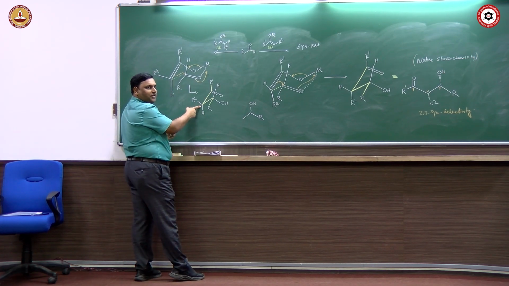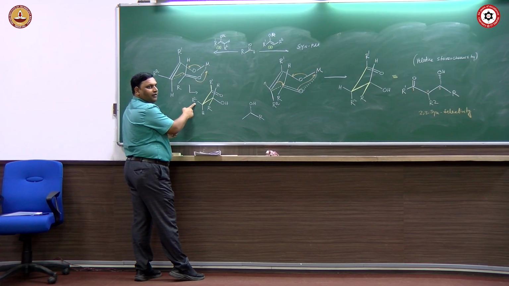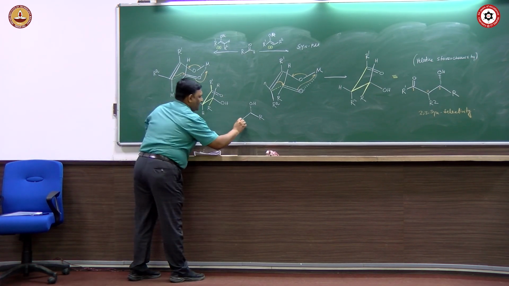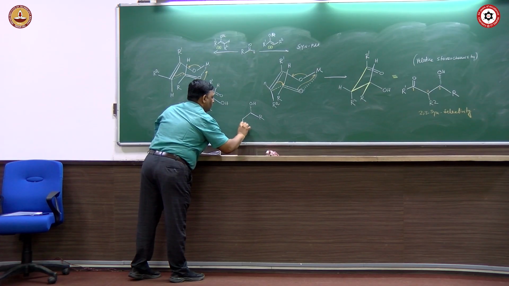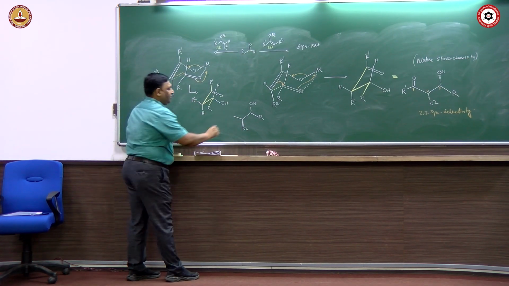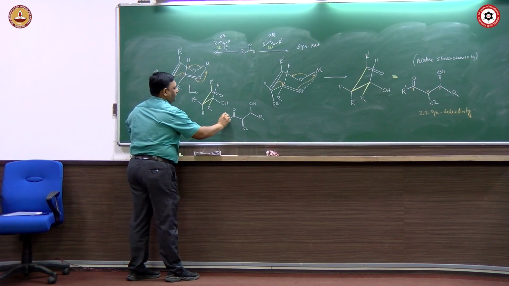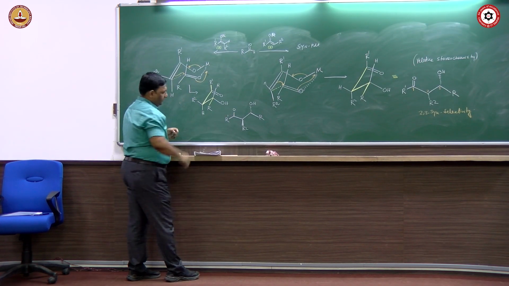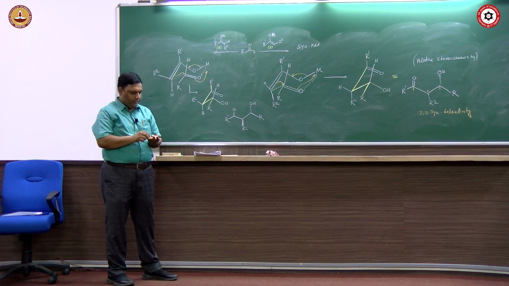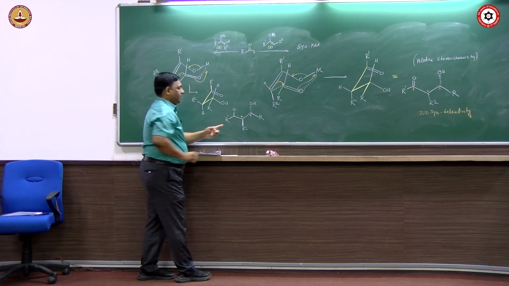When you come down to here, what is the scenario here? R2 will be beta or alpha? Beta, yes. So R2 will be the beta. And then I go to the carbonyl and I have an R1. So we have an R1, R2 and OH, and now